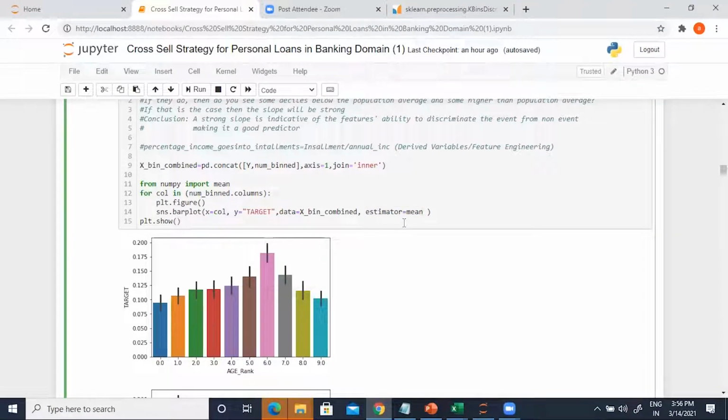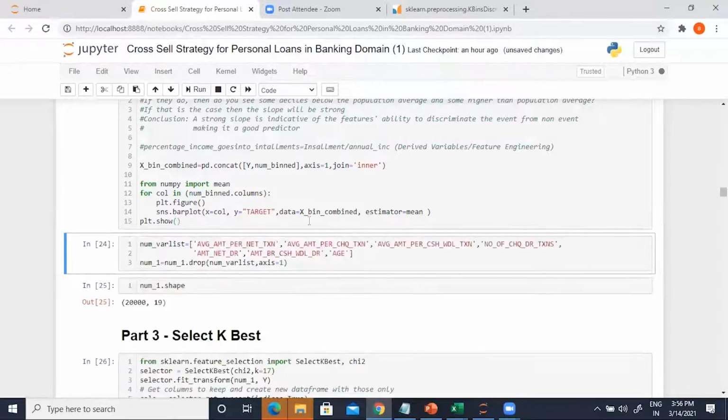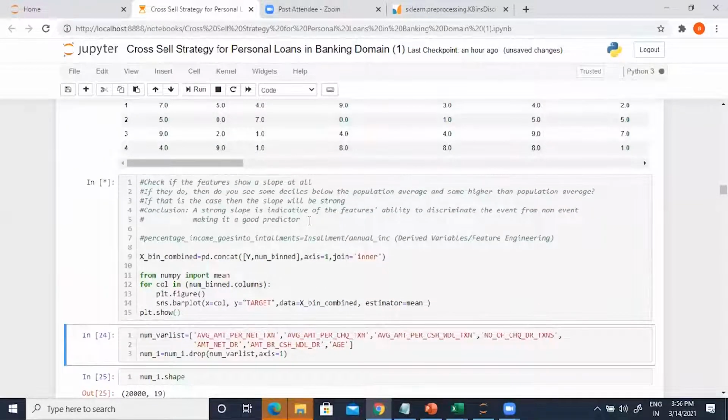Let me run this. It will take a minute or two to get through all the variables. Please run this along with me.